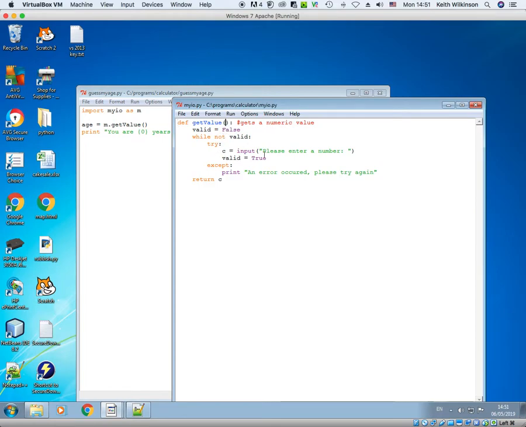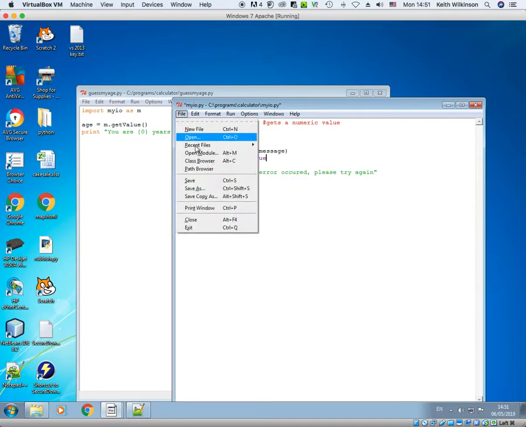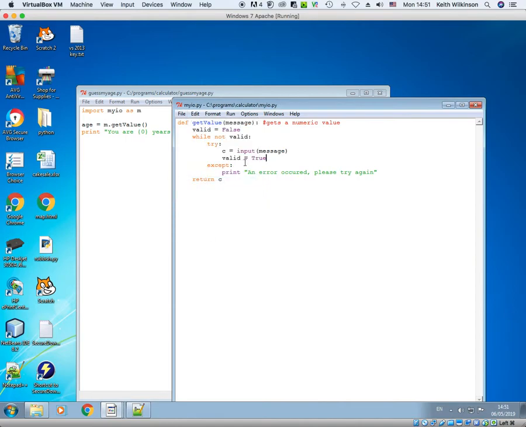And what I'm going to do is just say, okay, get value, give me a message. And instead of saying enter a number, I'm going to say input message. And that is it. However, that's only in the function definition. So I really need to change all my function calls. So I'll show you working in this one first,